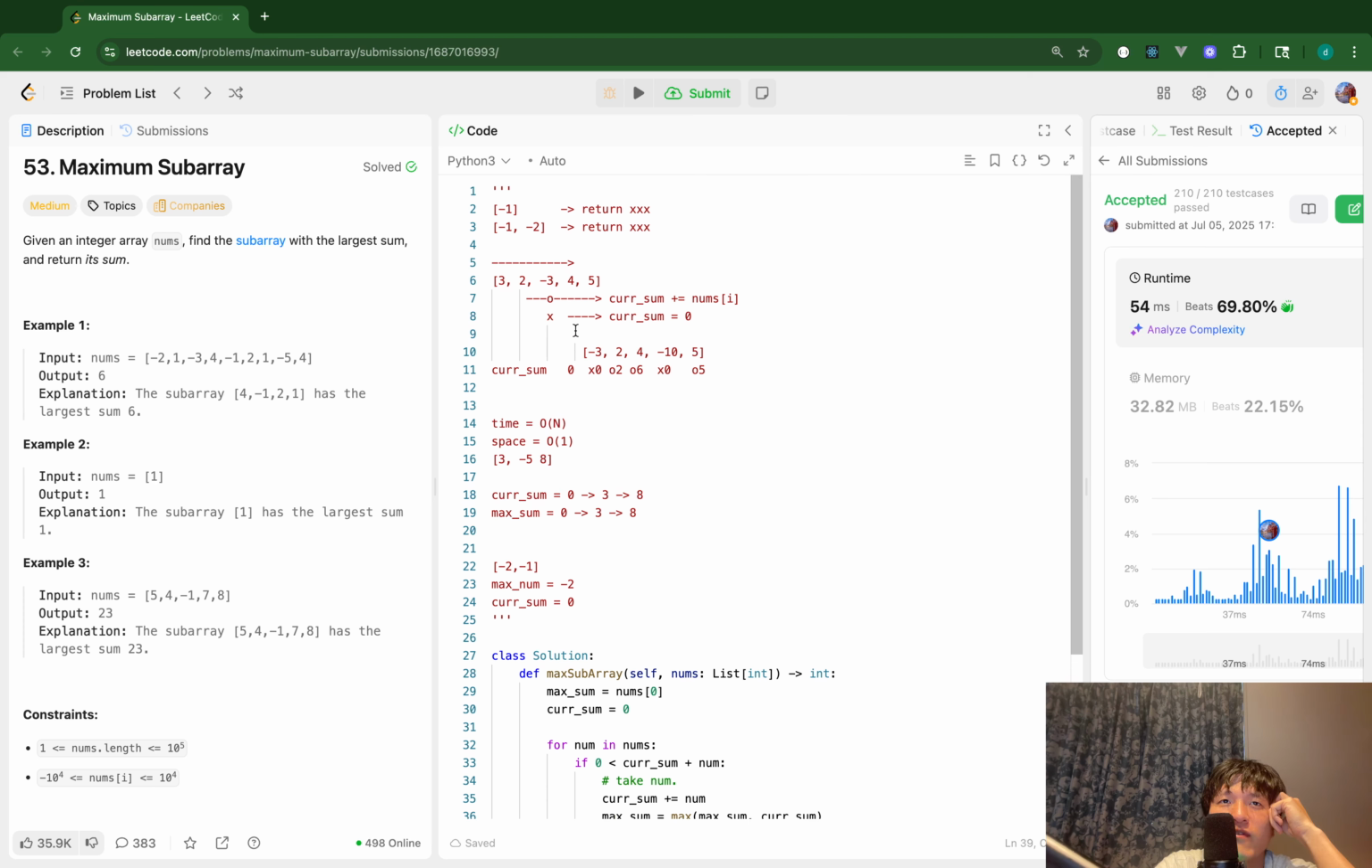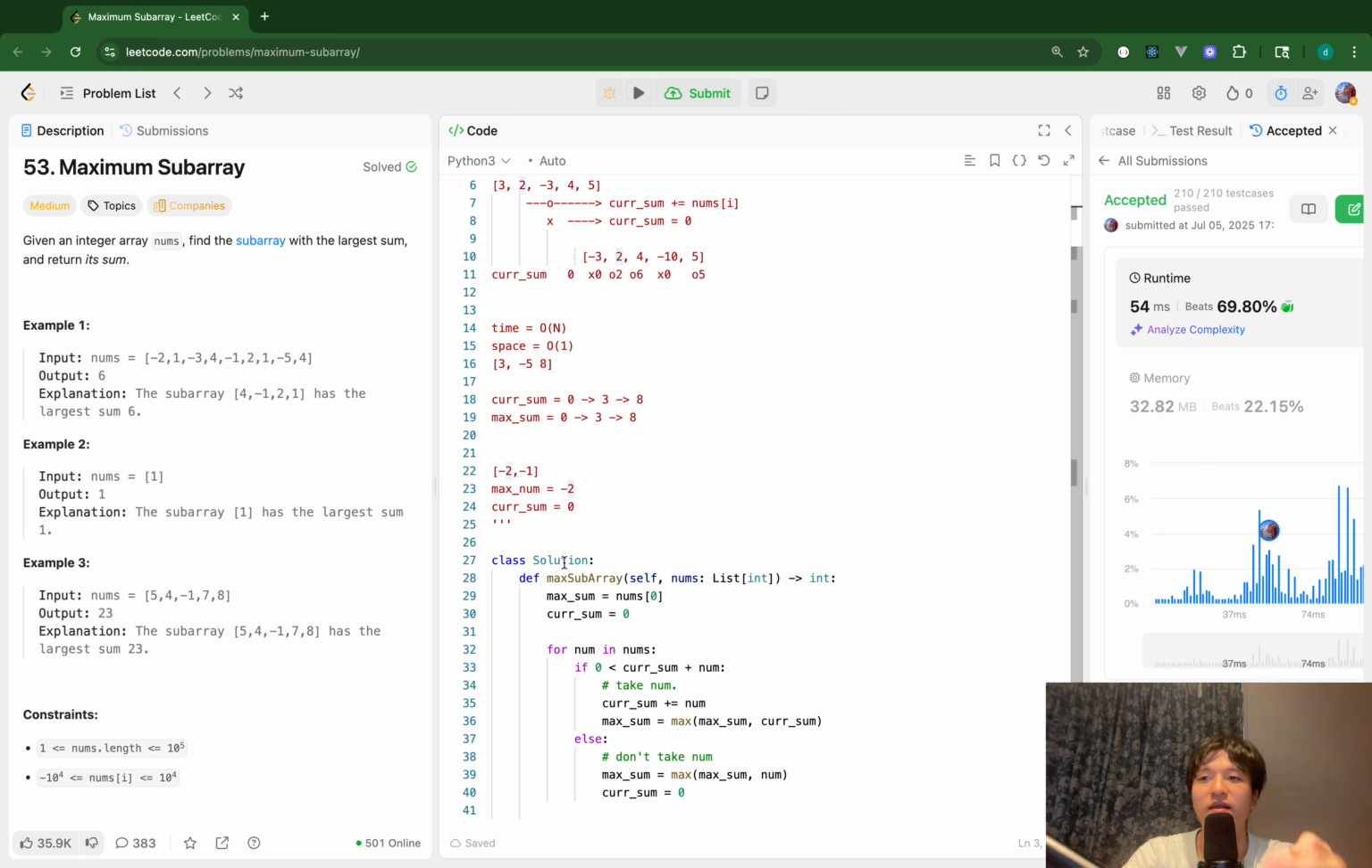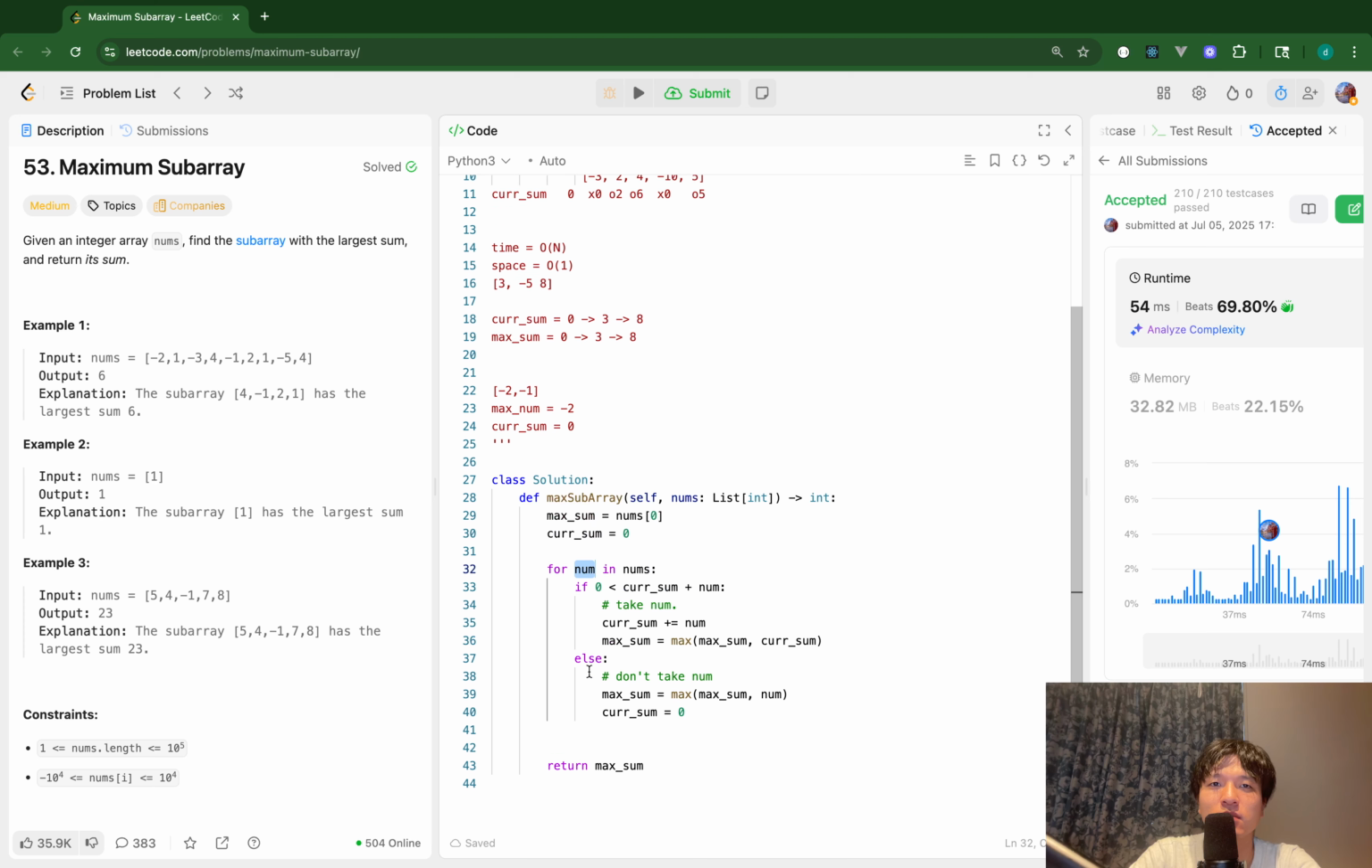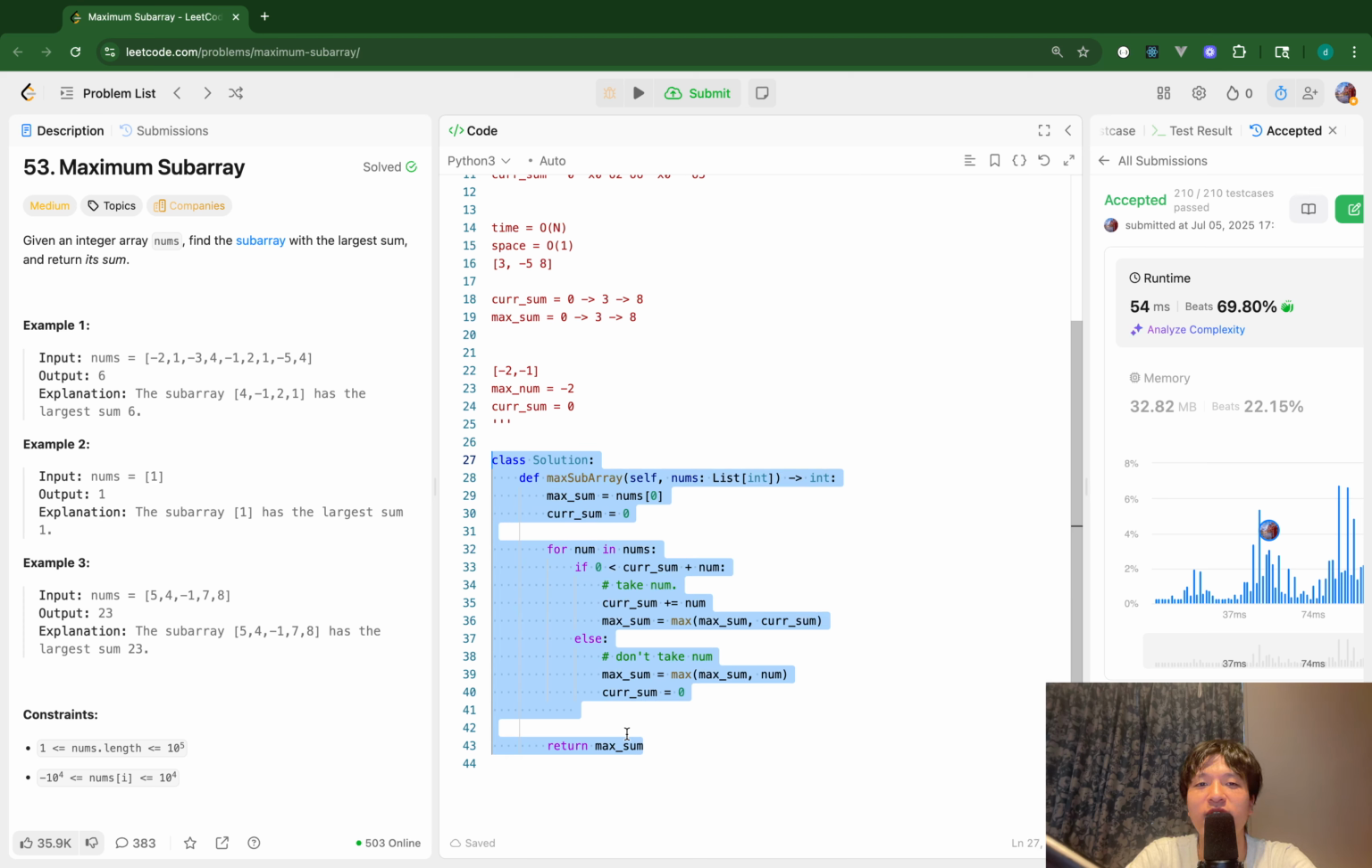So my mistake was that, okay, I see. Let me think of it in this way. So in each step, instead of thinking of the future, in each step, I will think what is the biggest max subarray sum which ends with the current num. So if I think it in that way,